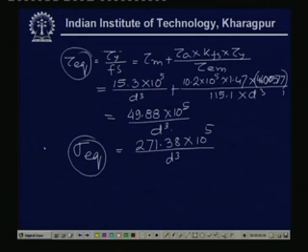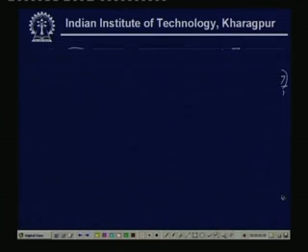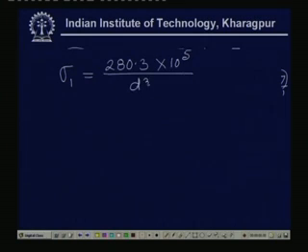So, one can very well utilize the Mohr circle concept to get the values of sigma 1 and sigma 2. I am not calculating because we have already learned how to calculate the sigma 1 and sigma 2. So, this sigma 1 comes out to be 280.3 into 10 to the power 5 divided by d cube,